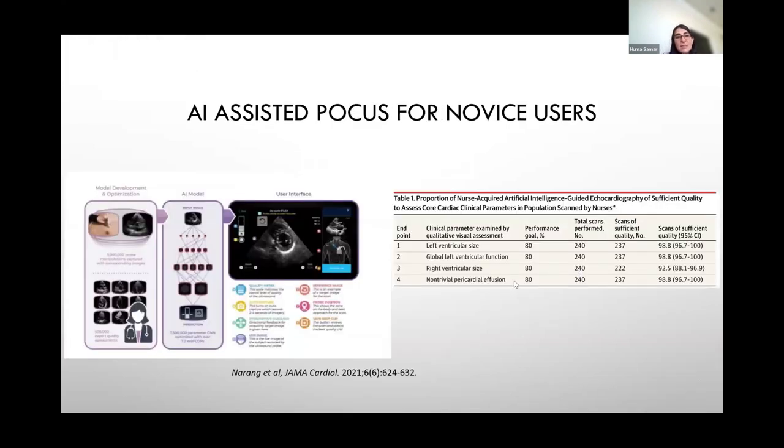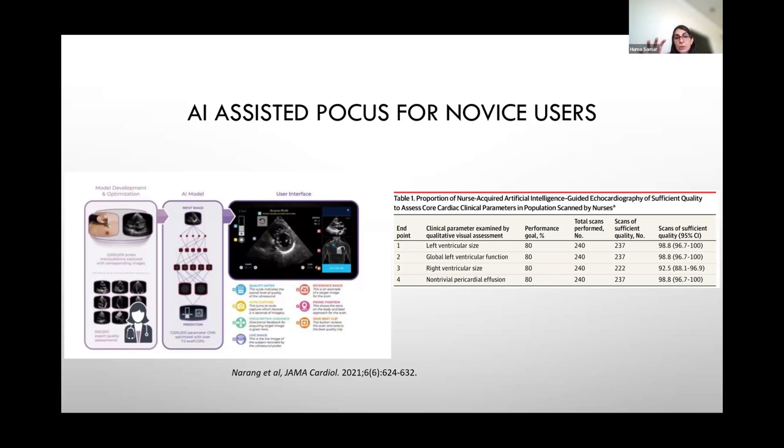Even more interesting than disease diagnosis is the ability to use AI to actually guide novice users who have no experience in obtaining echocardiographic images to be able to get some basic screening images via a POCUS exam. This was one of the initial studies that came out, and there have been other studies after this that tested this algorithm. What they did is that they got millions of images of manipulations done by the sonographers